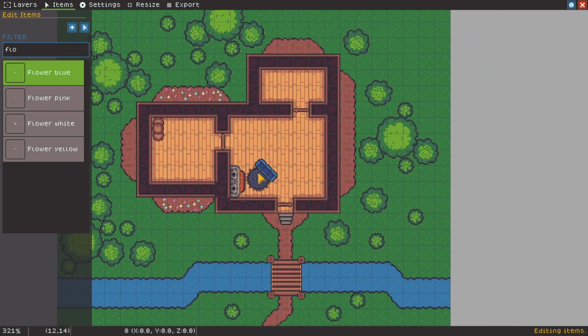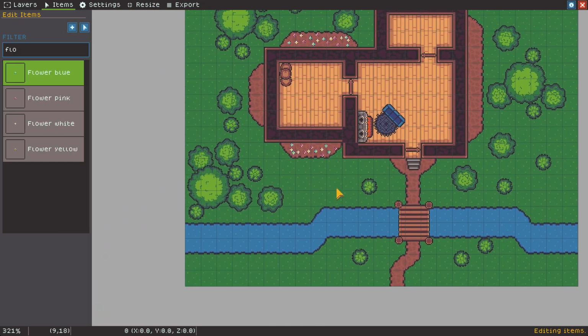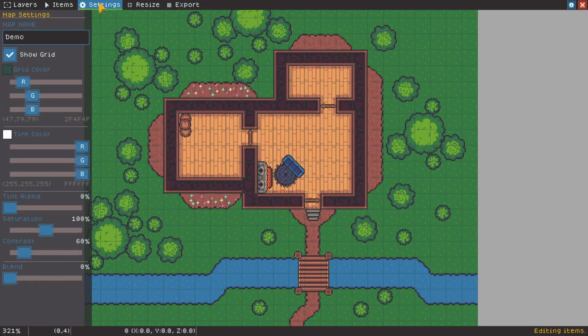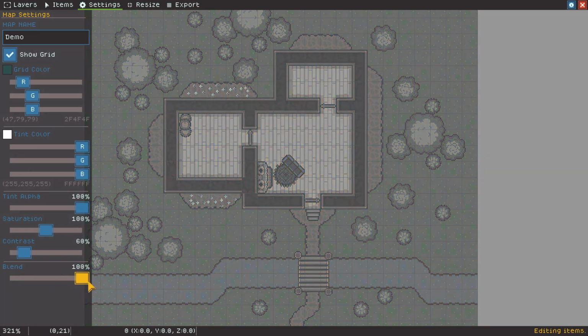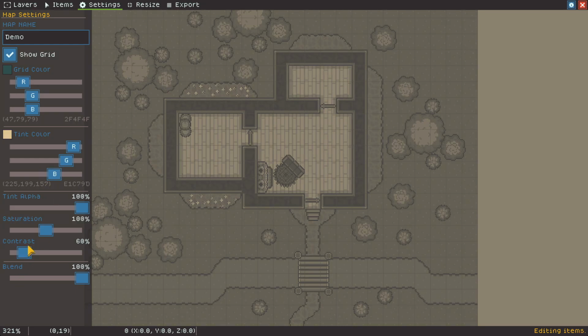So you can kind of see how a map comes together, and then once your map is done, you may want to change the overall look of it. So let's turn up our tint alpha and our blend here. So right now I'm tinting this whole image white, which just means it's becoming grayscale. So we could make this a little bit more like a sepia tone kind of map, but maybe we don't want it